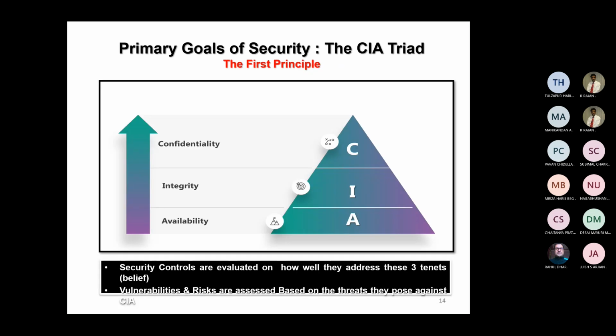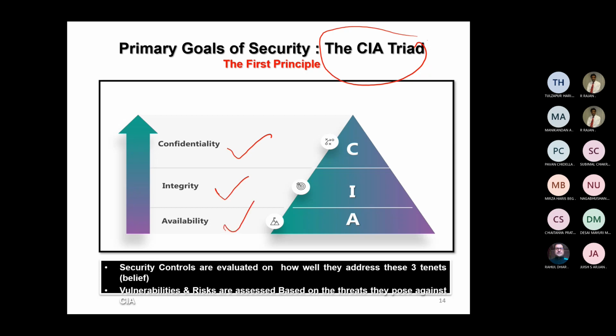Now, when you come to the question of information security, there are two important principles that everyone has to understand. These two important principles are valid even today, and even after 30 years they are going to be valid. Principle one is called the CIA triad. C refers to confidentiality, I refers to integrity, and A refers to availability.